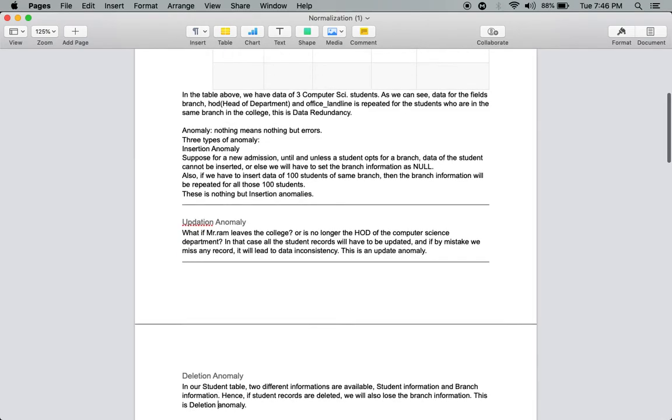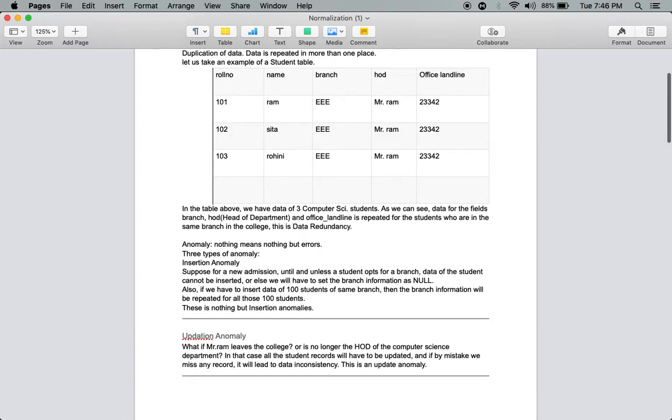Okay. Now see, what is a deletion anomaly? See the given table here. In this table we have student information as well as branch information, right? If I delete any particular student, then the branch information is also deleted.